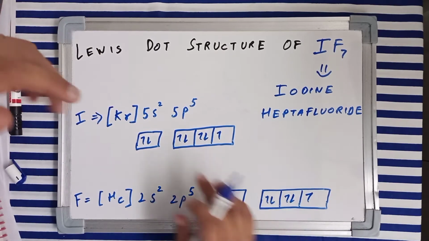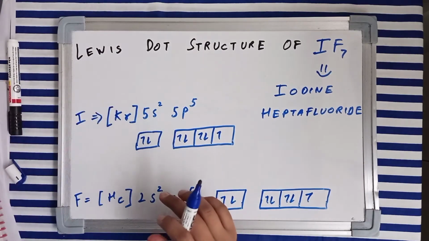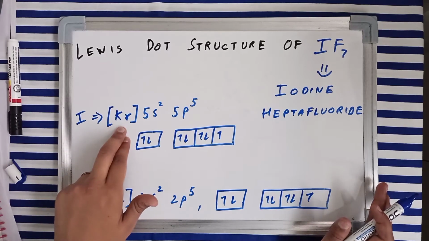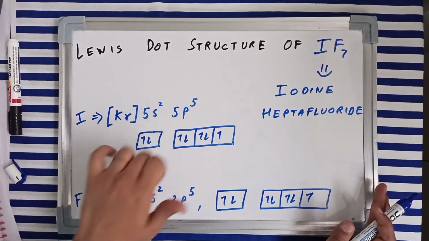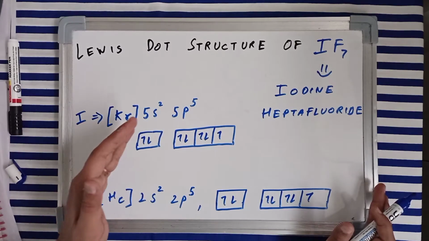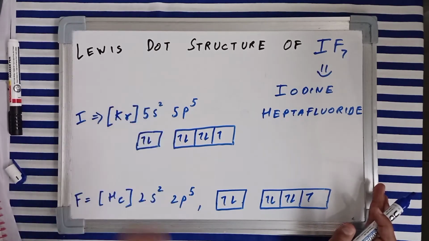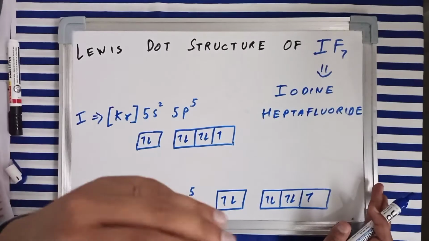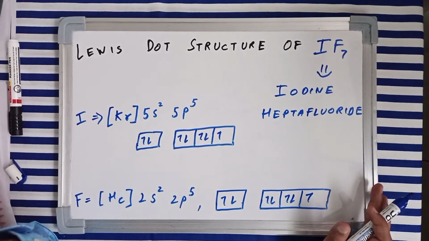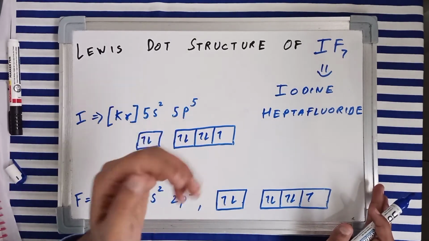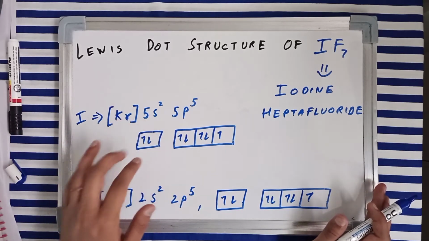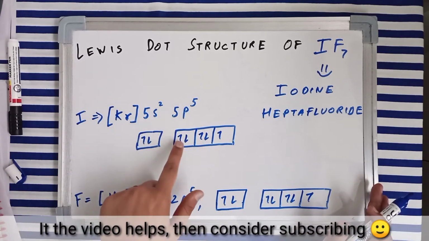So in order to find the valence electrons, we need to deep dive into the electronic configurations. Now the electronic configuration of iodine is the inert configuration of krypton, and then 5s2 and 5p5. It is a fifth period element, therefore its valence shell is the fifth shell, right? Now it has S subshell and P subshell, but it also has D, F, and furthermore also. See, normally we deal with S, P, D, and F subshells, but since it has D and F, it can achieve an excited state.